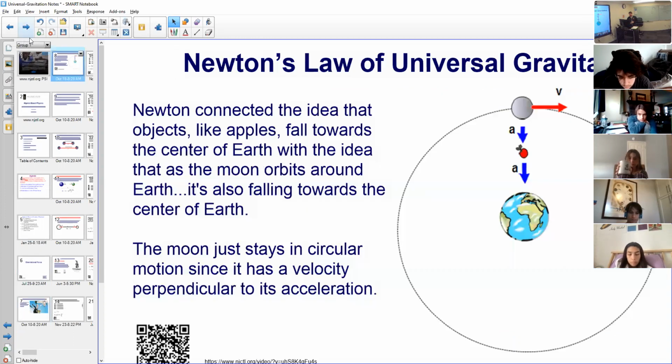All right, Newton's law of universal gravitation. So Newton connected ideas, and the legend goes that an apple fell and hit him on the head, and he's like, Eureka, I figured out gravity. Gravity pulls things down. Who knows if that legend is true, but he did connect the idea that things that fall, like an apple falling out of a tree, relate to things in orbit, like the moon going around the Earth